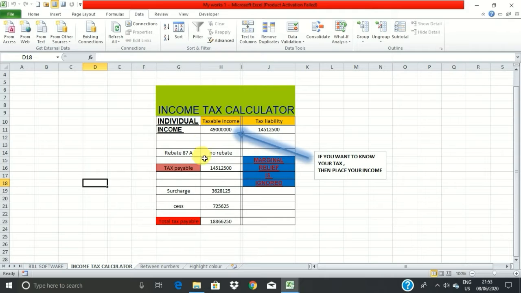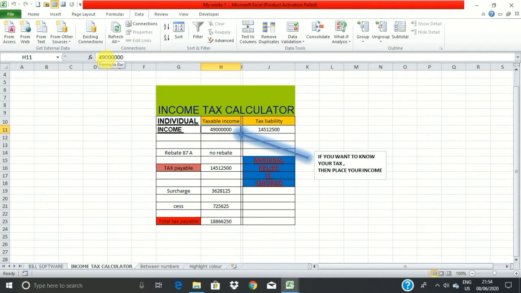I have an income tax calculator here. I have taxable income and here I have tax liability. This is the cell where I have applied the formula, and this is the cell which I'll be changing.